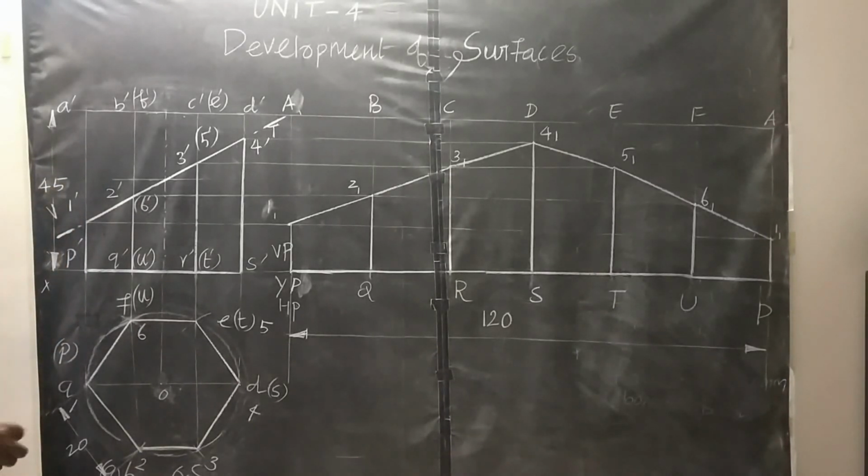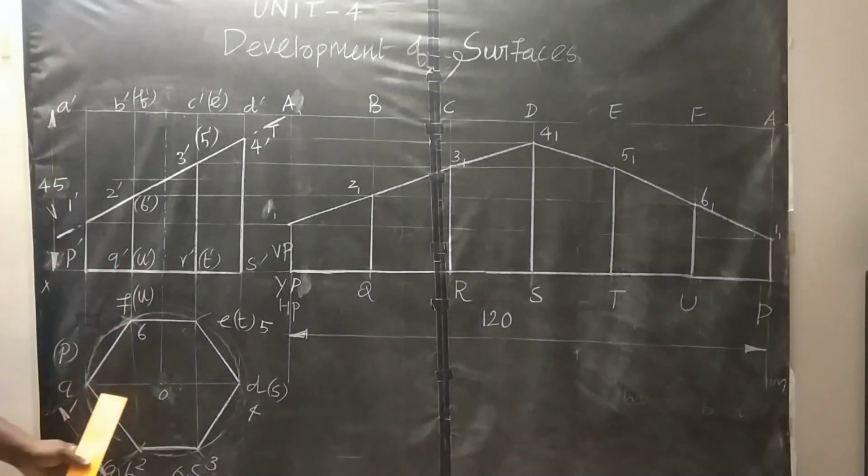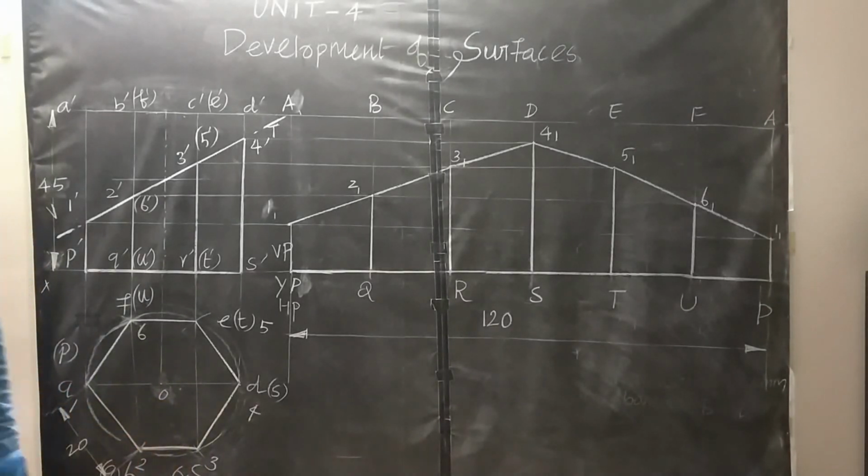Okay. So here hatching is not required. When you deal with a section of a solid, that time we use hatching lines to indicate the sectioned portion. But here that is not required. In some other books they use hatching here. That is up to you.